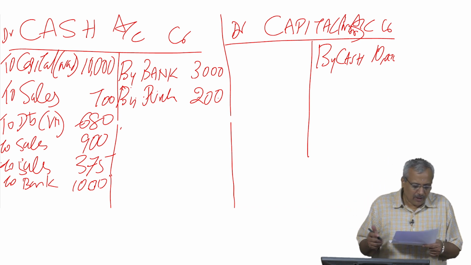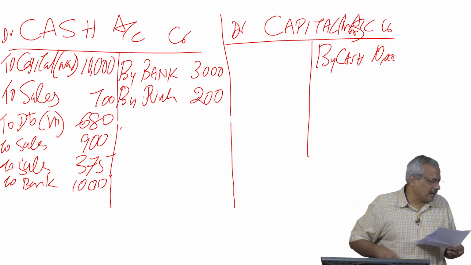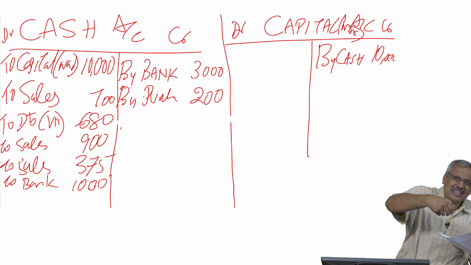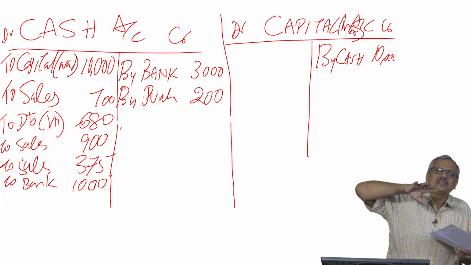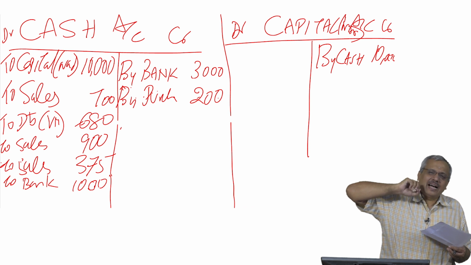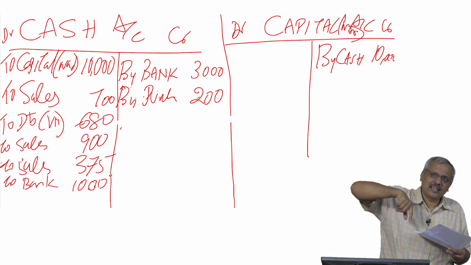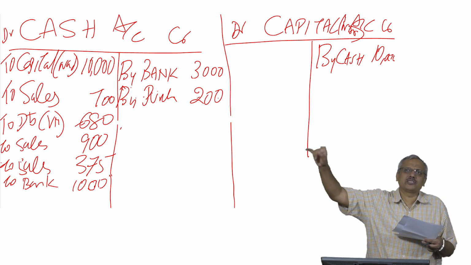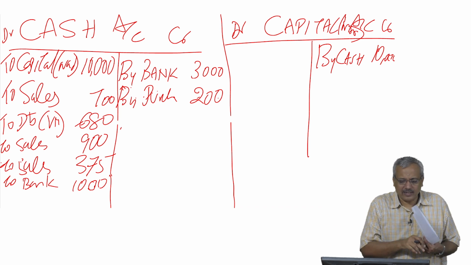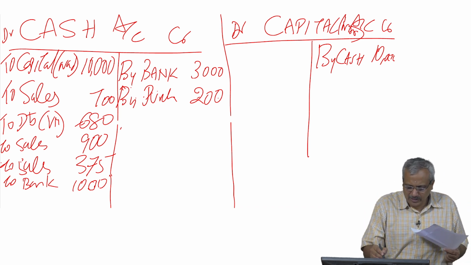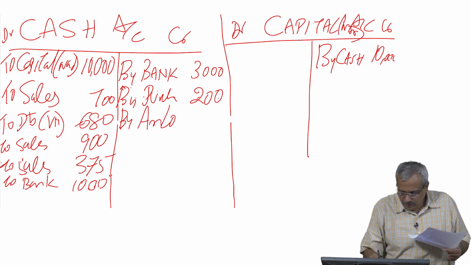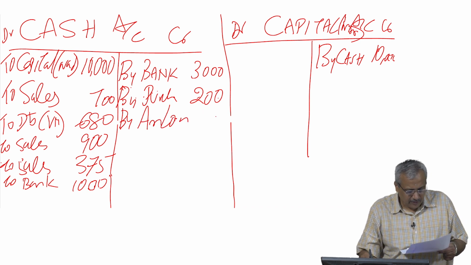So what is happening out here? I am providing a loan to Amarnath. Cash is going out of my business. When cash is going out of my business, debit the receiver. Who is receiving? Amarnath is receiving. Amarnath's loan account is debited, and cash account is credited, that is what you call it, Amarnath's loan account